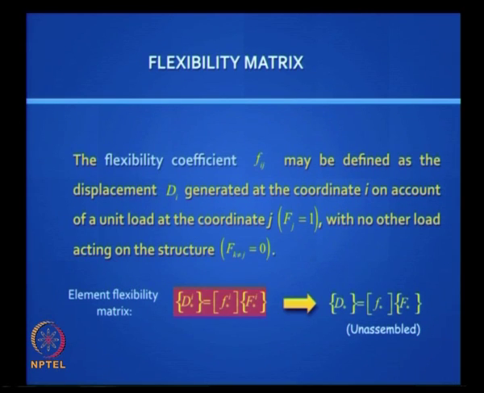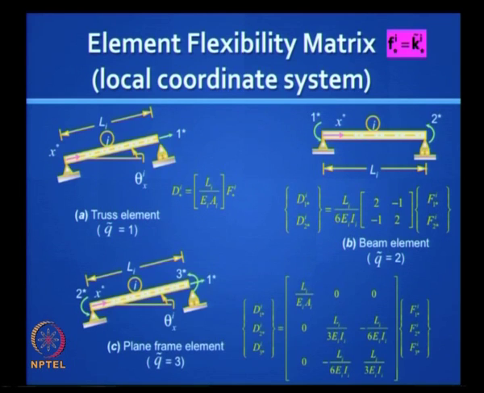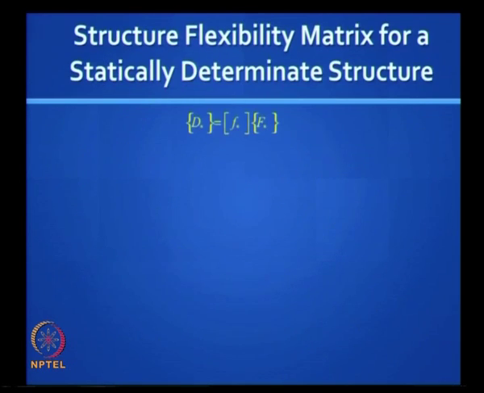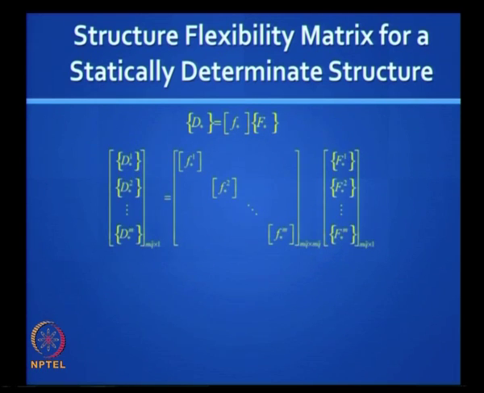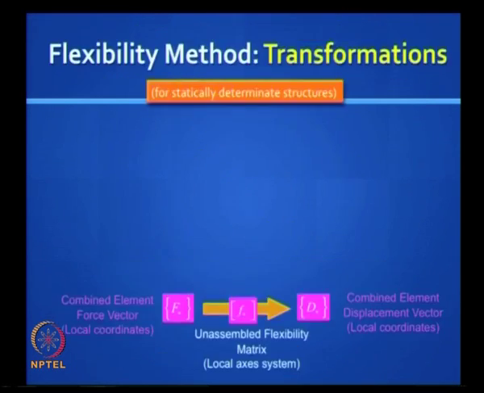that is called the unassembled, the diagonal form, and you need to get the structure's flexibility matrix. Now it is simple, we played this game so many times, it is not difficult. You know the element flexibility, it is just the inverse of what we did for the reduced element stiffness matrix. And so this we know, if you expand it, it will have a diagonal form like this. Remember we did it recently, and then you can either write equations if you are fond of writing equations, or you can play this game.